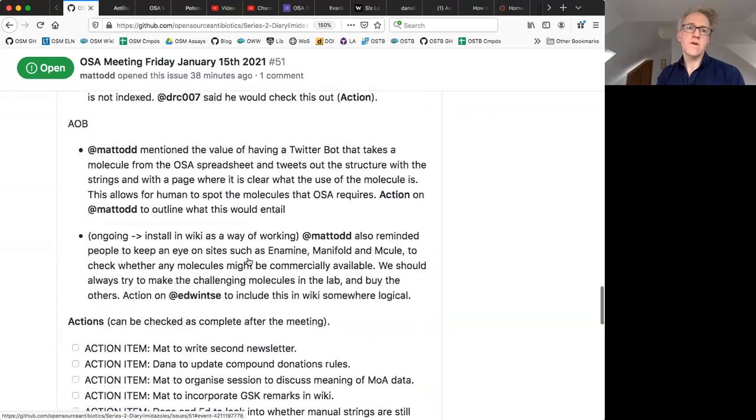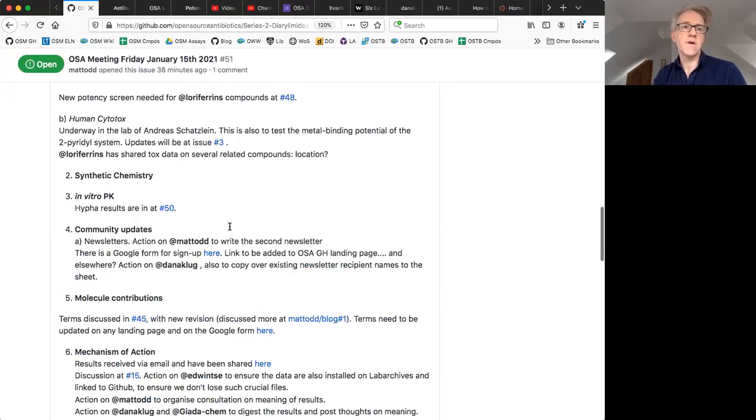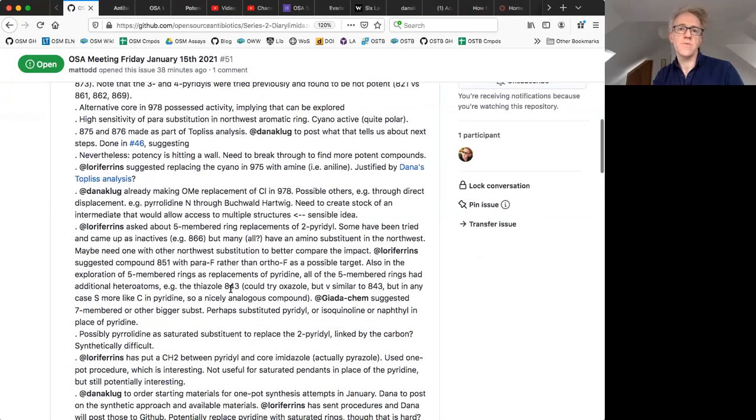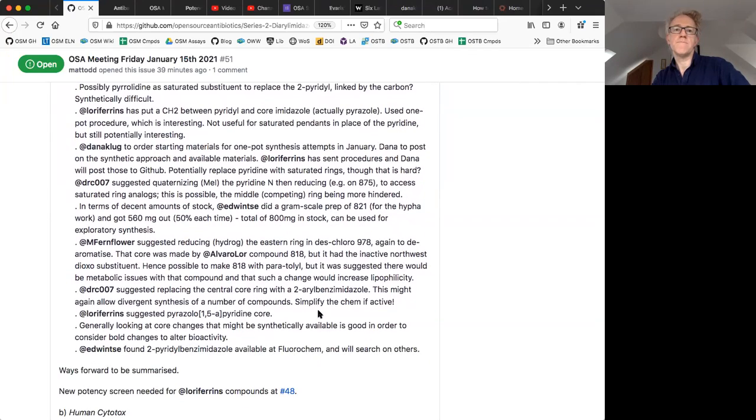And then, as I mentioned, there's a huge amount of, let me just zoom in too close. There's a huge amount of other stuff in here which we were mentioning, and we just got to put it in some order list. That's all, so that we have a clear set of targets. Trying to mix some of the SAR stuff that we'll need for the paper with more bold suggestions.